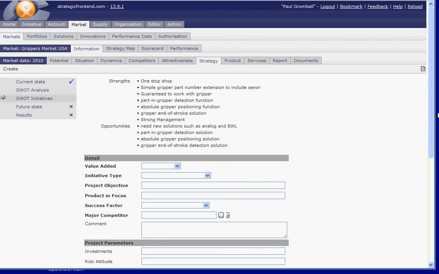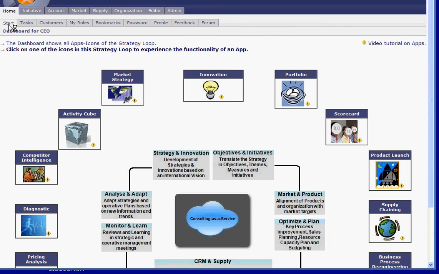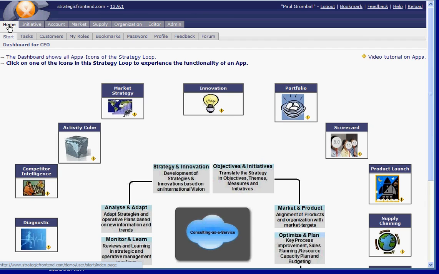So in the end, you have initiatives which came out of the SWOT. You have initiatives which reflect the restructuring roadmap, and also you have the whole service program put into one strategic initiative program, which can be managed, measured, monitored in later stages. This is, I think, the big advantage of this tool, that you can manage all the diversity of strategic initiatives and tasks on one platform.